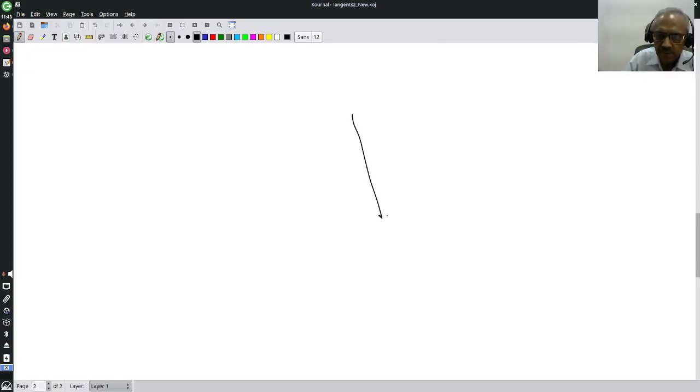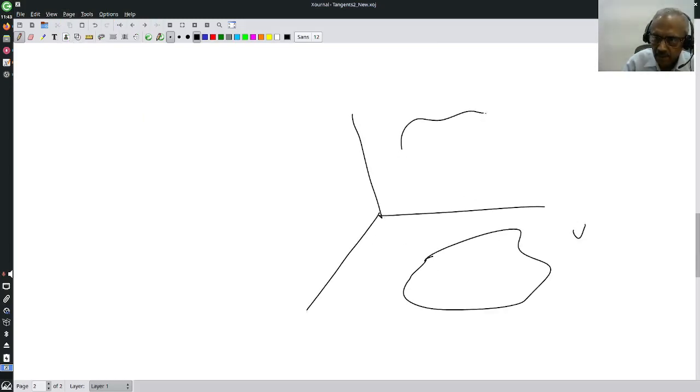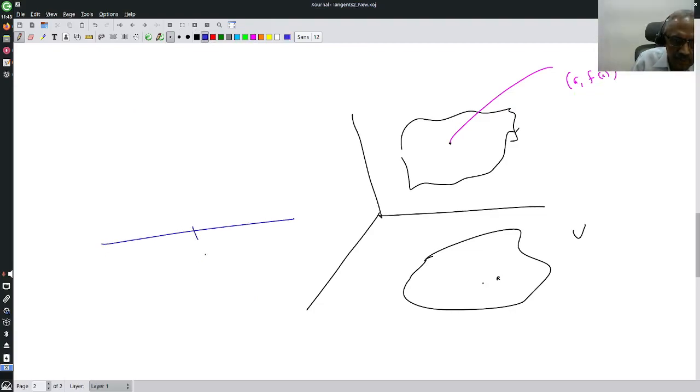So I have something like this, and this is my U, and this is my surface. This is the point A, and this is my point (a, f(a)). Okay, and this is my curve. This is 0 minus epsilon to plus epsilon. This is a curve gamma, and this is the tangent vector,